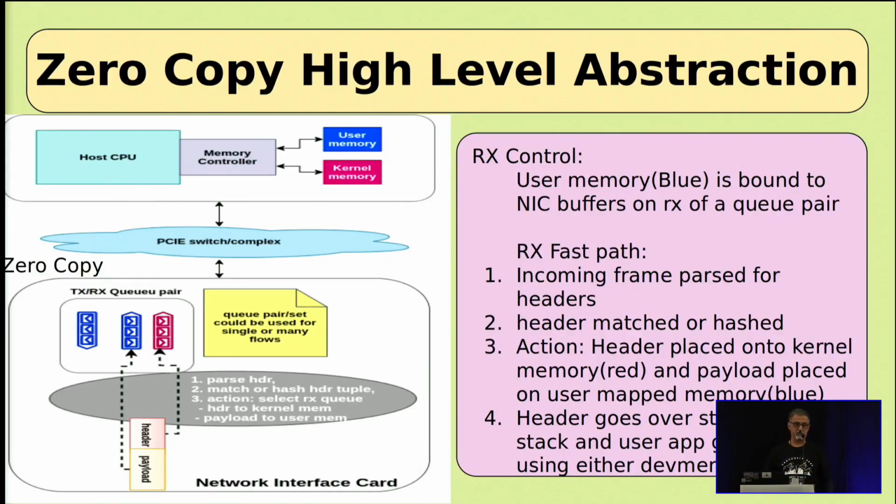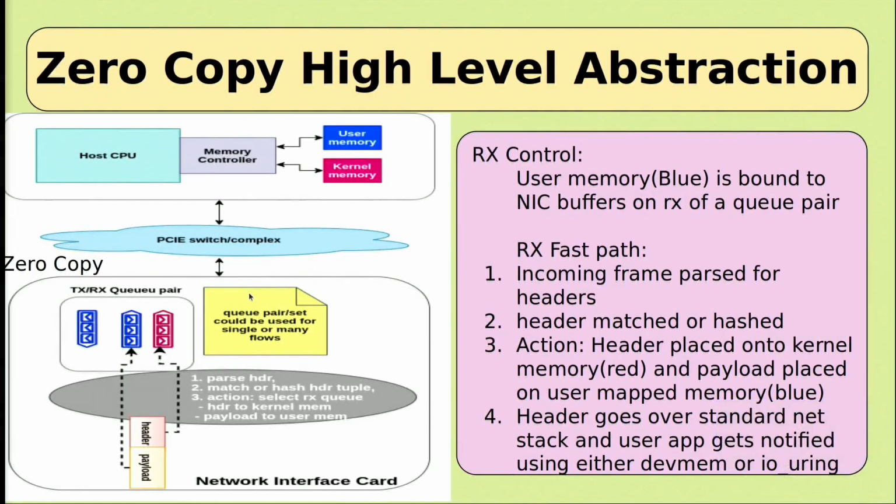For those who are not familiar with zero copy, I'm not going to spend too much time on this. Who is not familiar with how zero copy works with header split? One. Okay. What you have is you configure your NIC to do a header split. The packet comes in, and you memory map, using the binding that was added a while back, your user memory, for example, to your payload